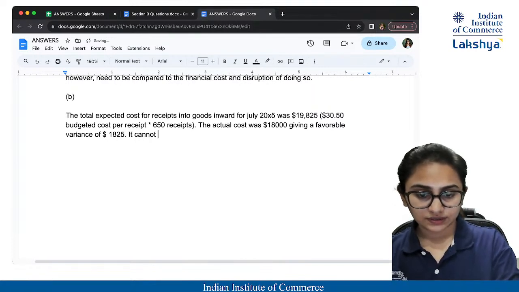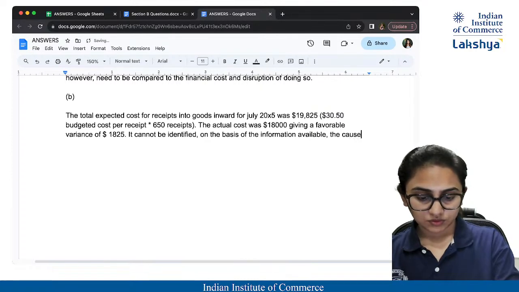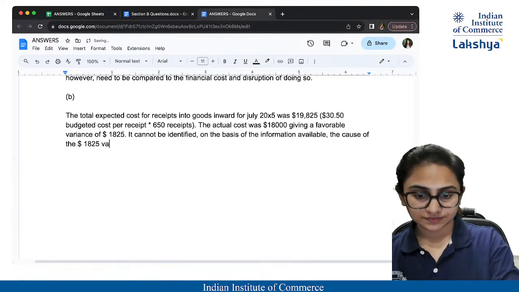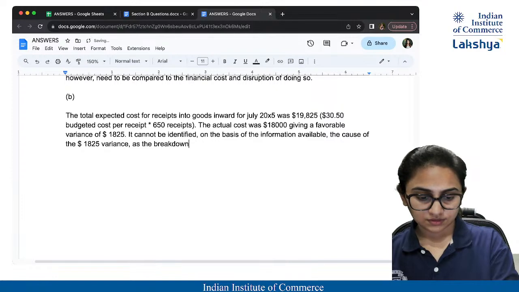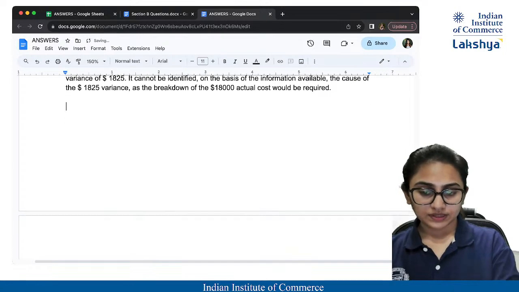It cannot be identified. On the basis of the information available, the cause of the $1825 variance cannot be identified, as the breakdown of the $18,000 actual cost would be required. Okay. Now next,